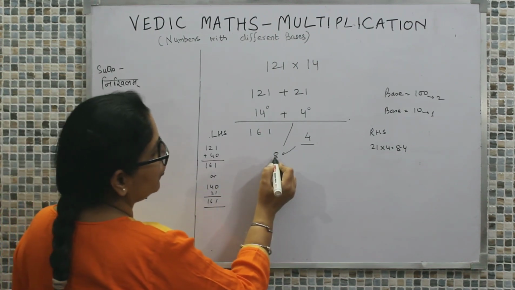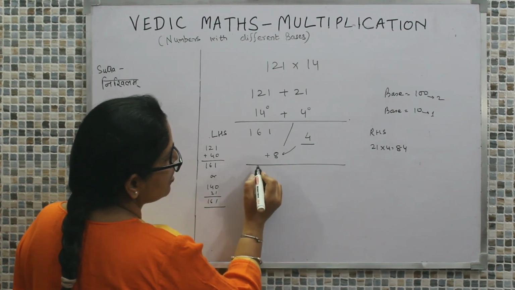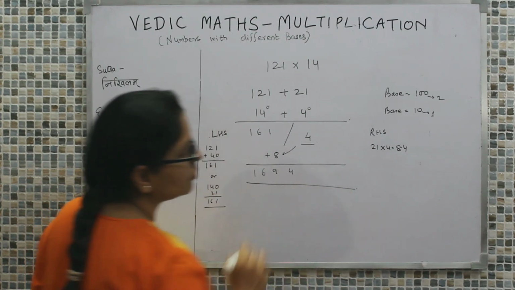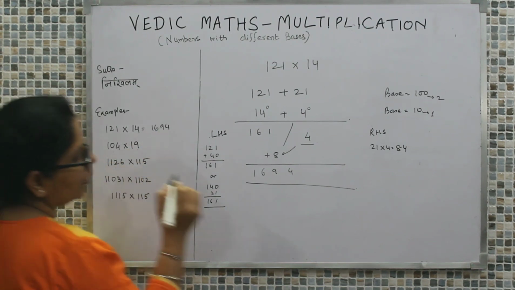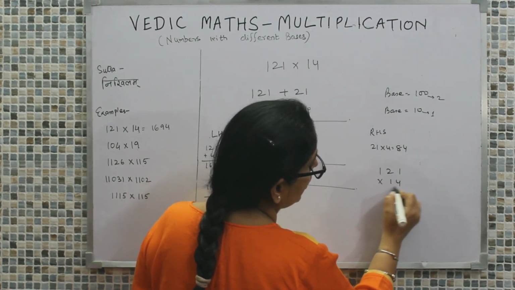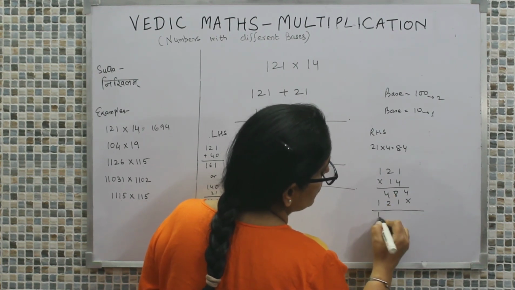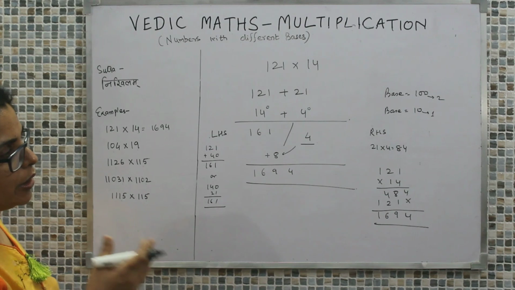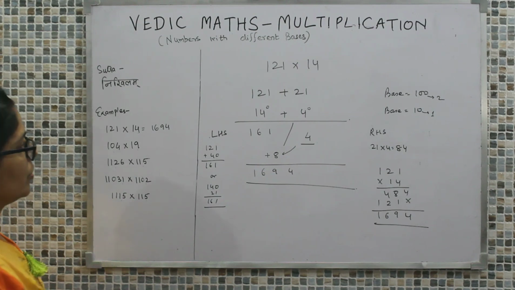Now the overflow value we had was 8. We need to add this value to the LHS and the answer will come out to be 1694. Right? So we have the answer 1694, and if we go solving the same question with the traditional approach, we had 121 into 14, so that was 484 and 121, so that was 1694. Obviously the answer will come out the same, but see how lengthy it was. And when we go for bigger values, it is obviously going to be very tedious.